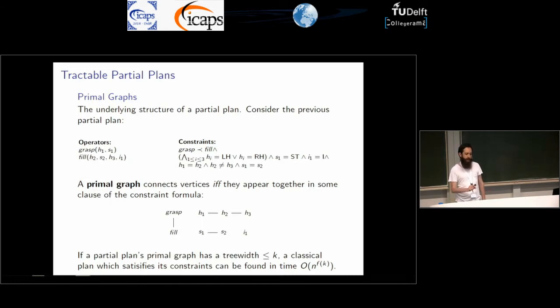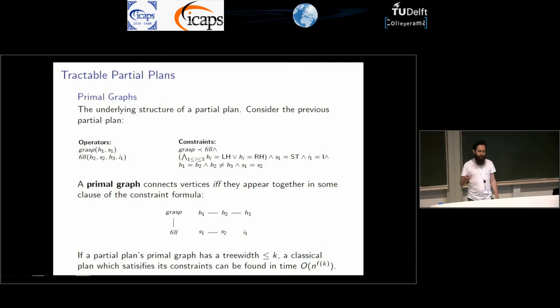The graph connects two vertices if they appear in some clause in the constraint formula. So in this example, which is the same one as we had before, we've got the clause grasp precedes fill. So in the graph below, we've got a connection between the node grasp and fill. Now in this case, this primal graph has a tree width of 1, which means that partial plan could be